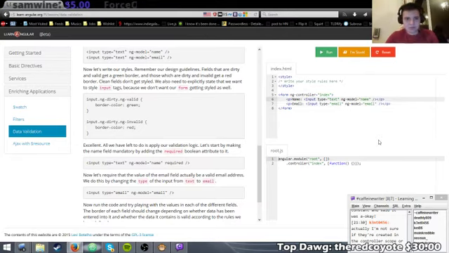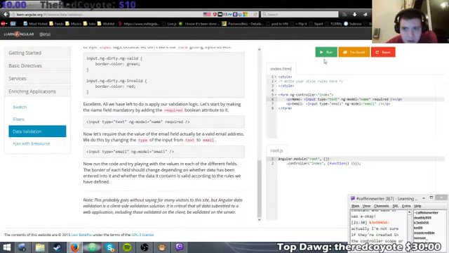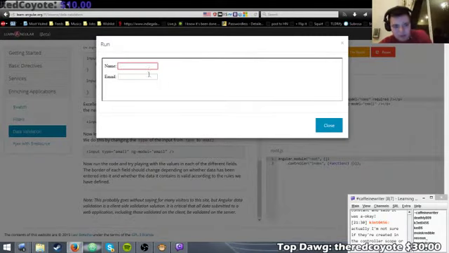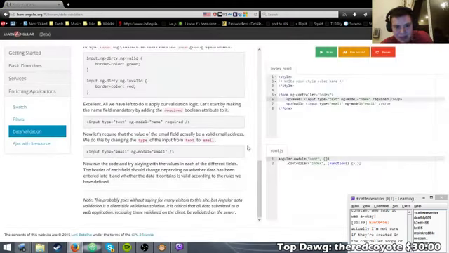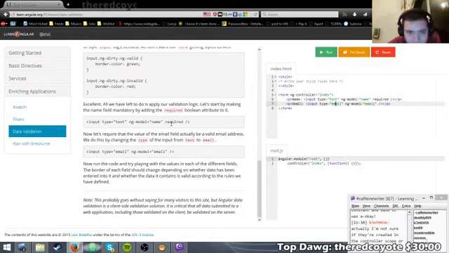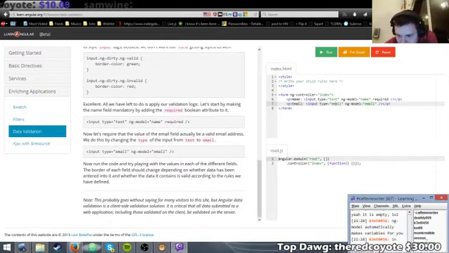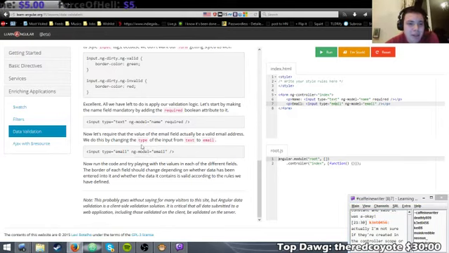Required. Input type email and ng model email. Why is email validation not working? So text type email. So the validation should be working. Yeah, I'm really confused with some of the stuff, but it's got great resources on the actual